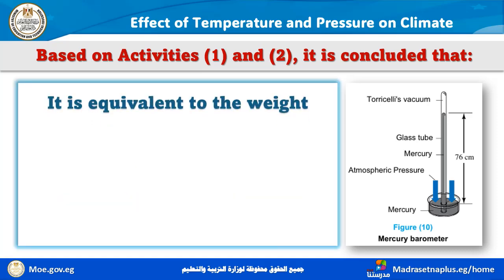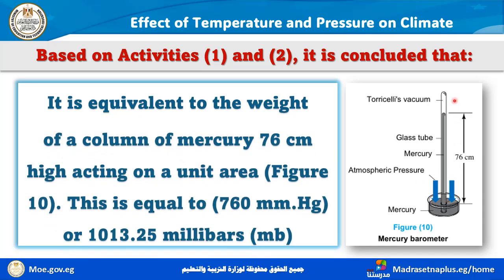It's equivalent to the weight of a column of mercury. This is the column of mercury, 76 centimeter high, acting on a unit area which is 1 meter square. This is equal to 760 millimeter mercury or 1013.25 millibars. So the normal atmospheric pressure is the weight of a column of mercury 76 centimeter high acting on